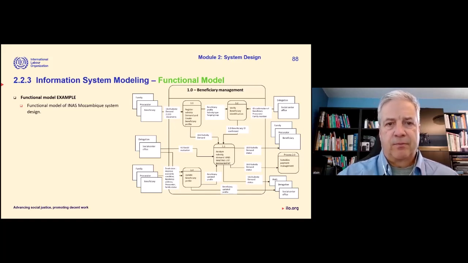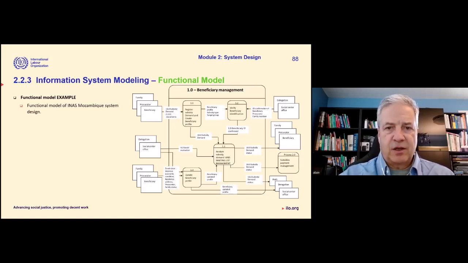That means the person who wants to benefit from the program needs to present a demand. That's one of the inputs coming into the system. If you don't provide a demand, you will never receive subsidies. In this case the demand was paper based, and that was the start of the system. So you have a process where you upload the information of the demand forms into the system, entering it manually. And then the process is partly automated. So the register is created, then there's a verification mechanism, and so on.